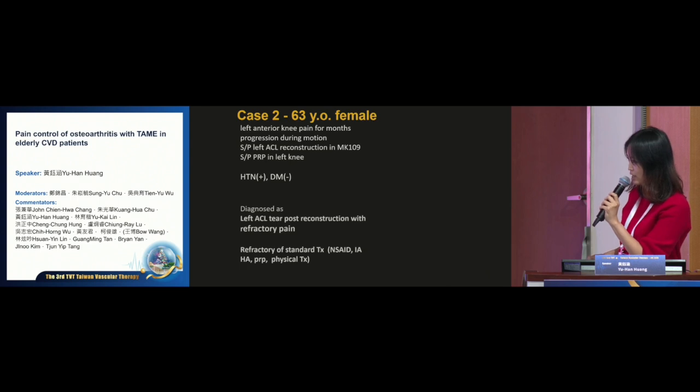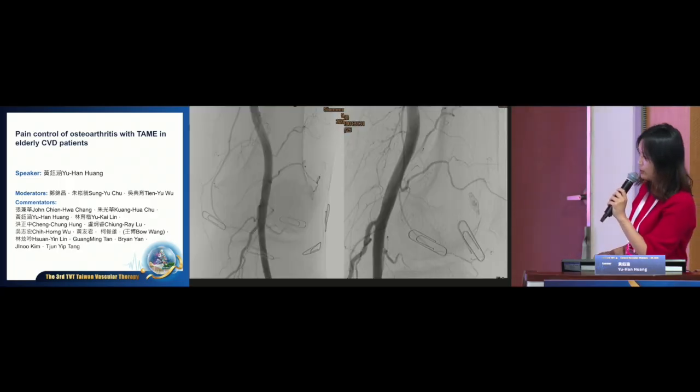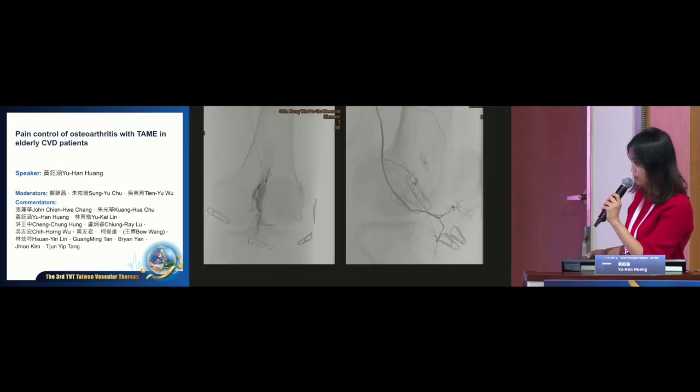是一个left ACL tear post reconstruction with refractory pain。We can see the pre-TAME angiogram. Its main trunk is okay. No luminal narrowing or break. So we can，所以我们会做这个病人，我们会觉得比较放心。那这个mark的部分呢，就是在他疼痛的位置，疼痛的位置就是在比较前方然后这lateral的部分，所以我们大概心里面就知道，前面这些lateral inferior、medial inferior，然后medial superior，还有medial genicular artery，我们都会先勾。这个的话呢，其实在Okuno